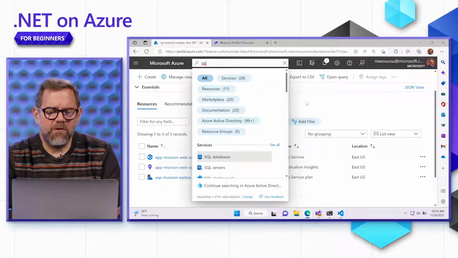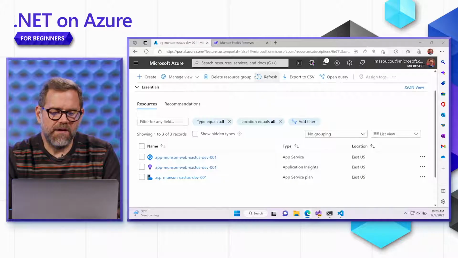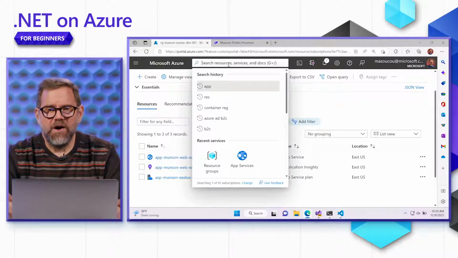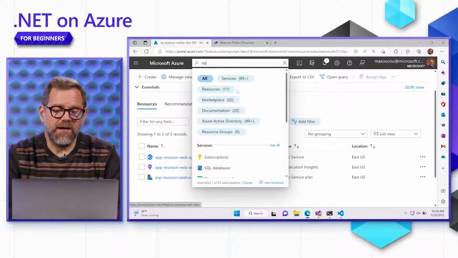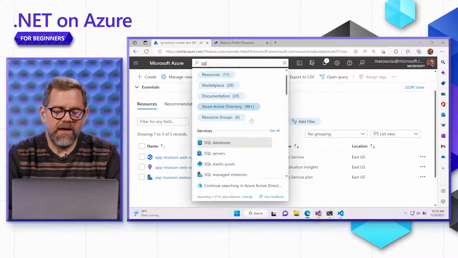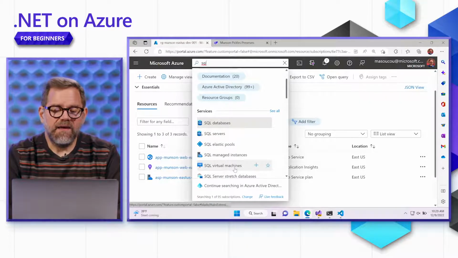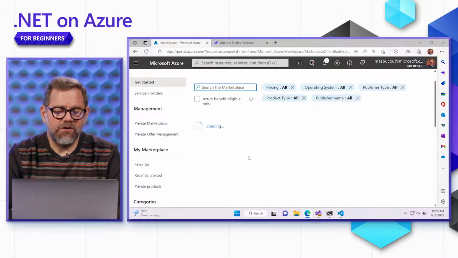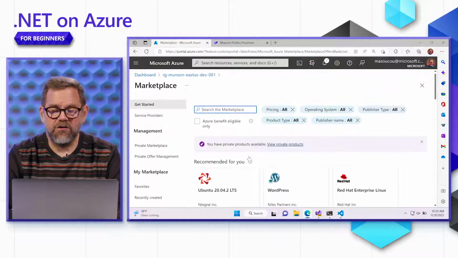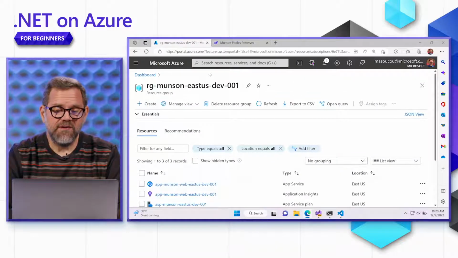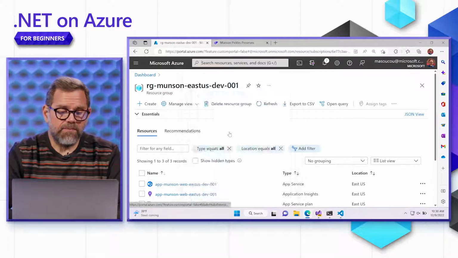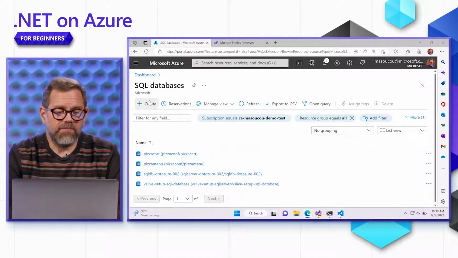And so I should mention really quickly how I'm getting at everything. The portal has a search for search various different services. And so I can go in here and just type in SQL, and it'll bring up everything that matches SQL. That way I don't have to go through create and then search through everything that the create brings up for me, which is nice. It's just a quick shortcut to go through. So I'm going to create a new service, an Azure SQL database, create that,